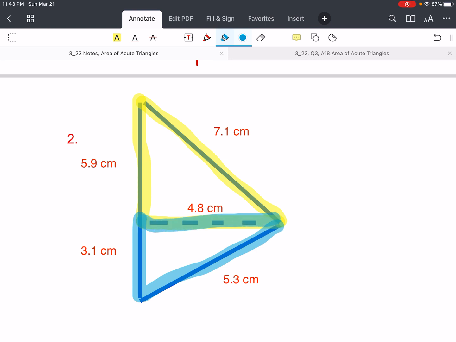And so for both triangles, especially if you were able to rotate it, the height is 4.8 centimeters on both of them. So in order to find the area of the yellow triangle, we're going to do 5.9 times 4.8 and then divide by 2. So with my calculator, I'm doing 5.9 times 4.8, which is 28.32, divide by 2, and we have